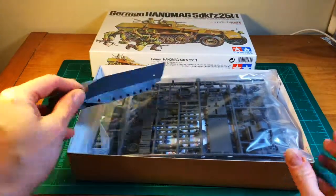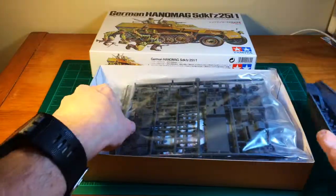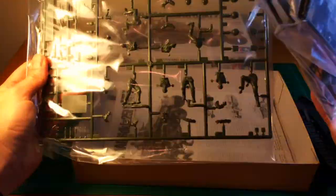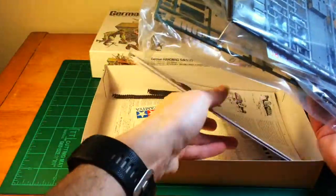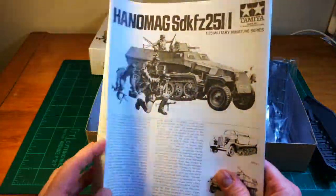Alright, starting off we have the shell, a sprue with some decals, another sprue with figures, and let's grab the instructions. Oh, now I see some tracks in there. Okay, we have,